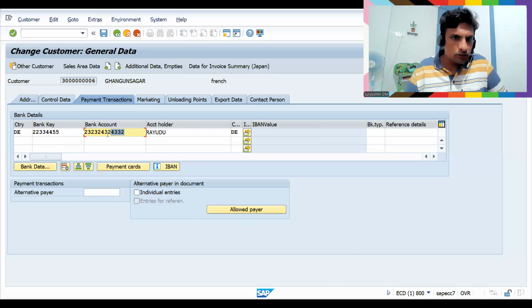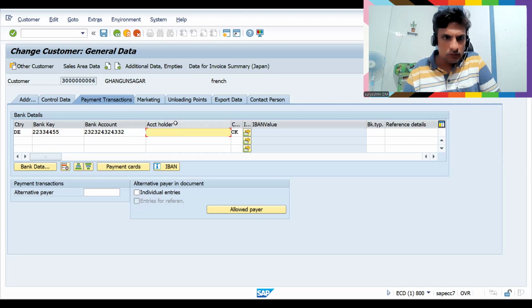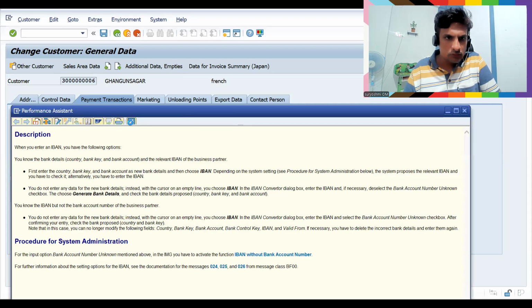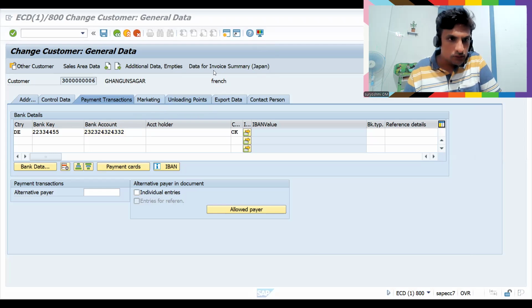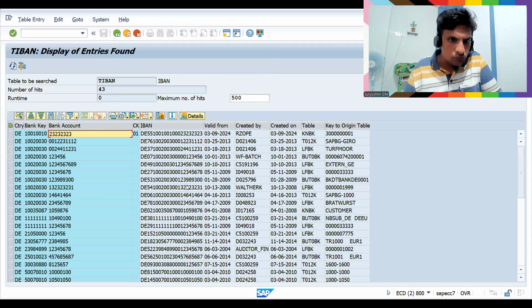So we can try our own ones also, if the finance consultant is in our hand. Let's put this one as CK. So 2, 3, 2, 3, 2, 3, four times.